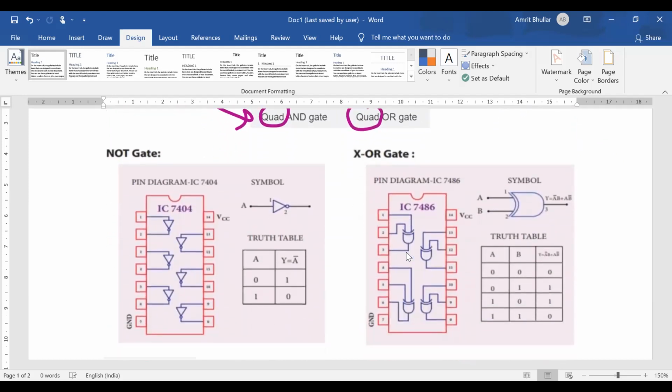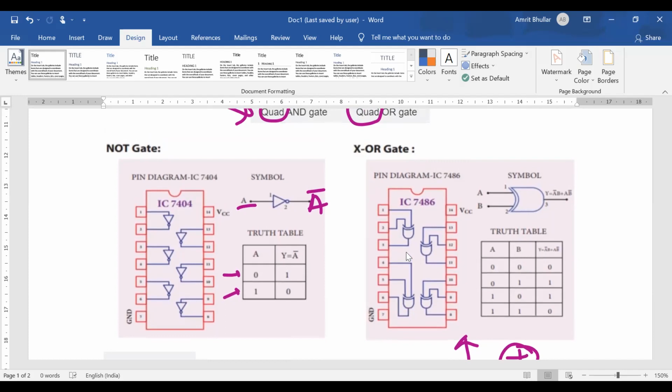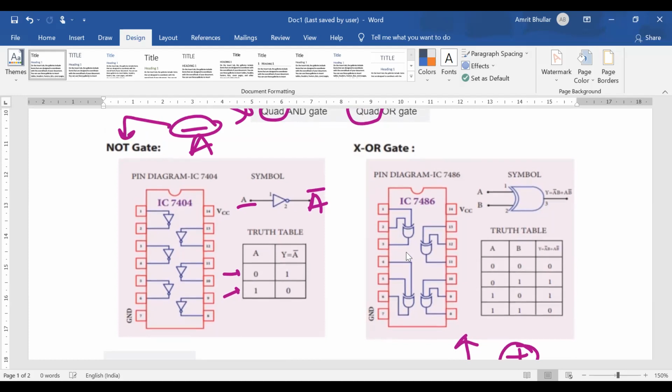So now we talk about the NOT gate. We all know that NOT means exactly the complement of whatever we are doing. So when we are talking about our NOT gate, if A is the input, the output will be A bar. Similarly, you can see from this truth table. The XOR gate we have already discussed when we designed the XOR gate, and its expression is always like this. So whenever in your Boolean algebra you get A bar, or any bar over a term, that indicates that you require a NOT gate in the circuit.